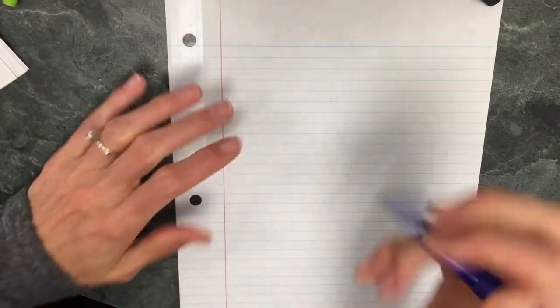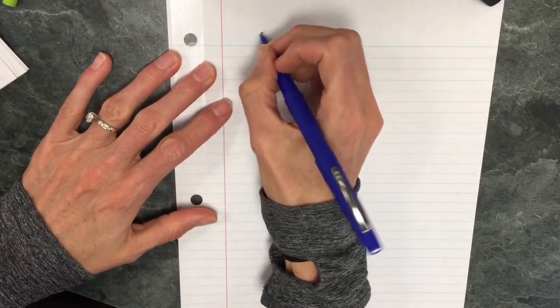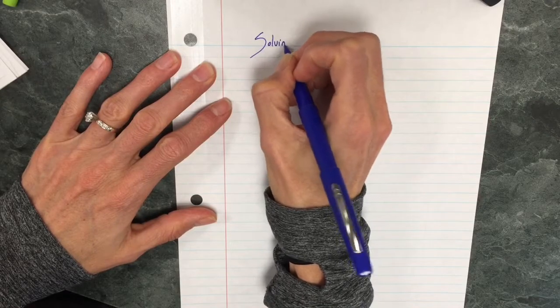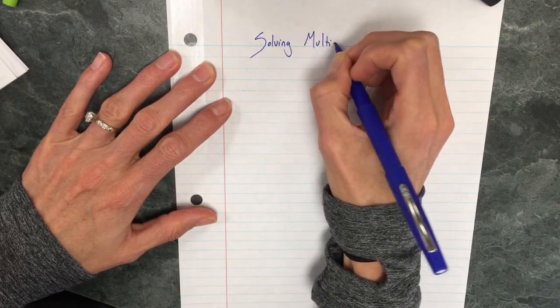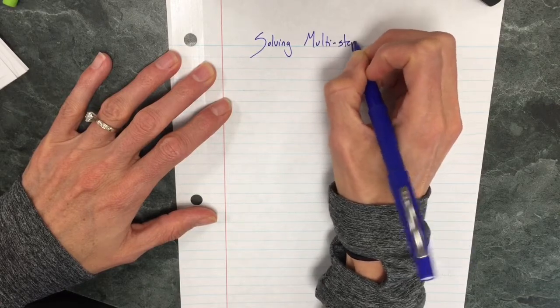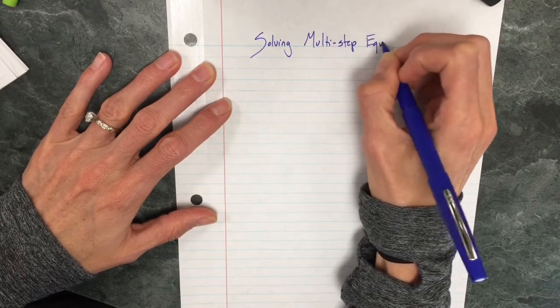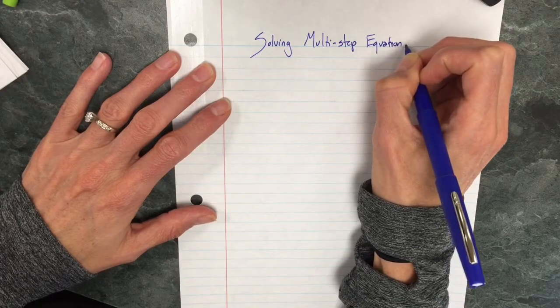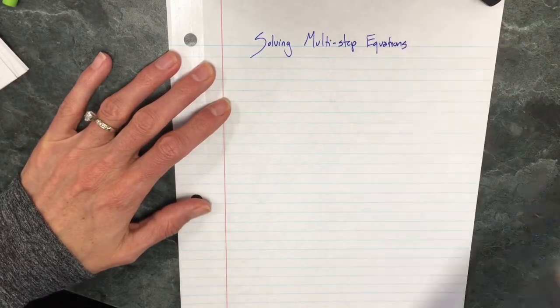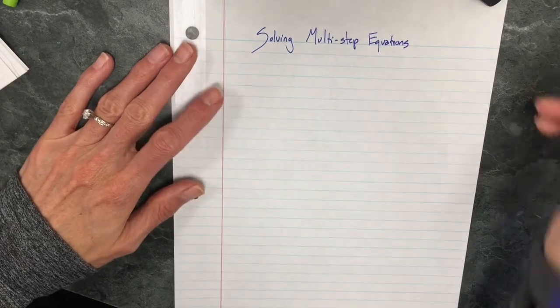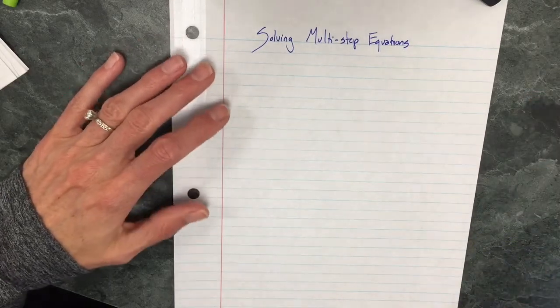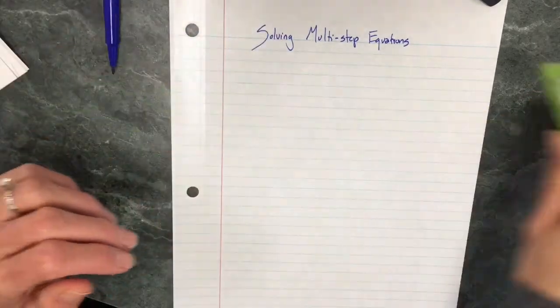Today we are going to be solving multi-step equations. So it's weekend title. So equations where there's actually going to be 3 or 4 steps in order to isolate the variable and solve it. So our first example